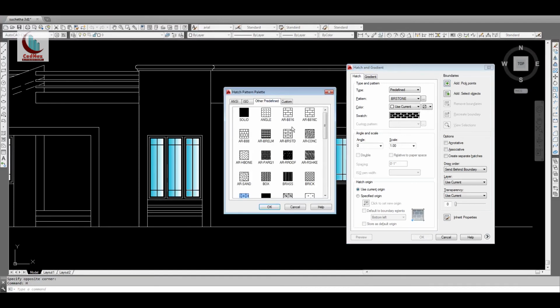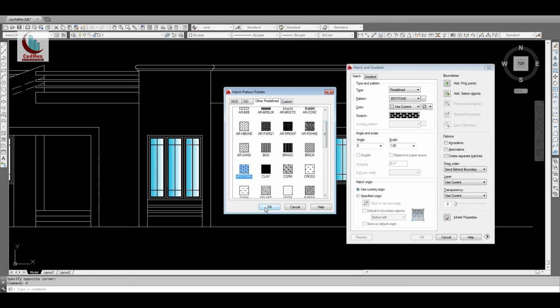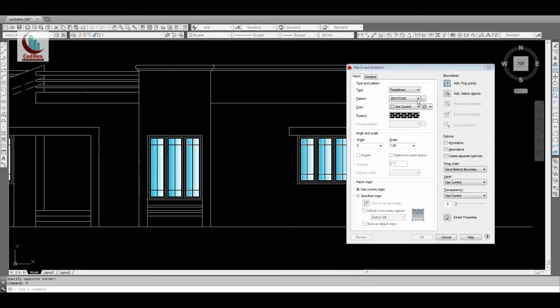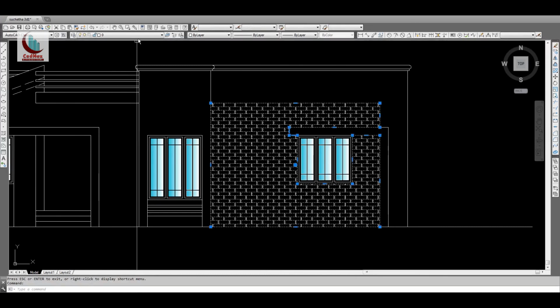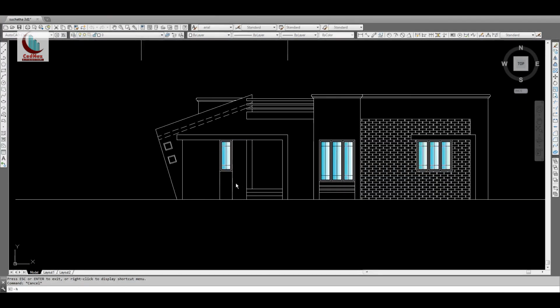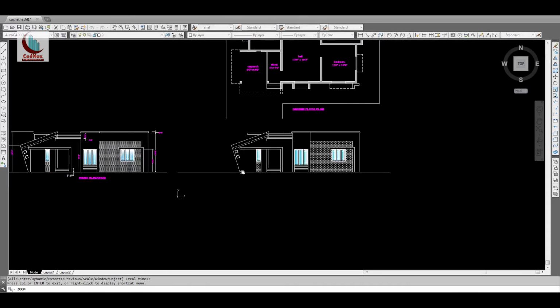Select your hatch pattern. Now I will select this one. Okay. Pick points here. Enter. Scale maybe 12. I'll check with 12. If it is okay, then press enter. Select this and you can put it to any layer. There is one hatch layer here. I'll put inside that. Hatch. Set point here. Match this one with this. Okay, you can see